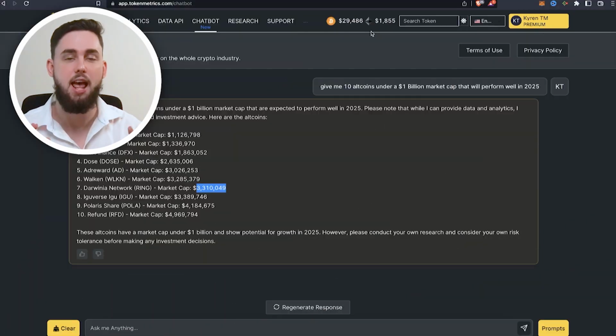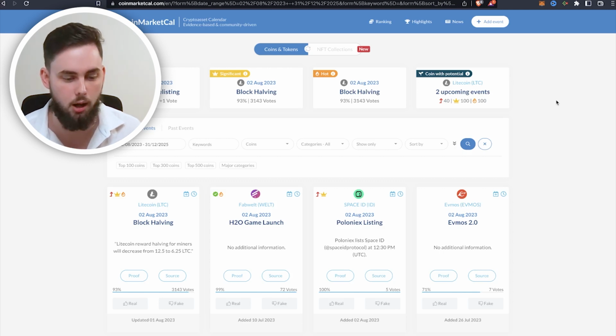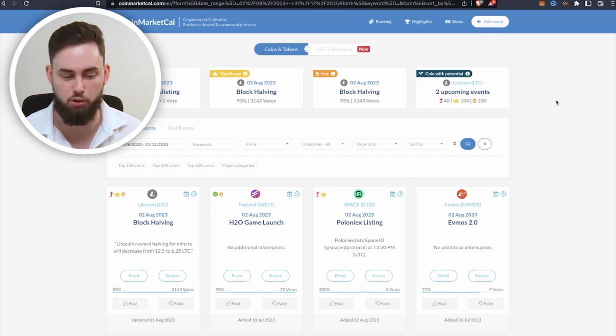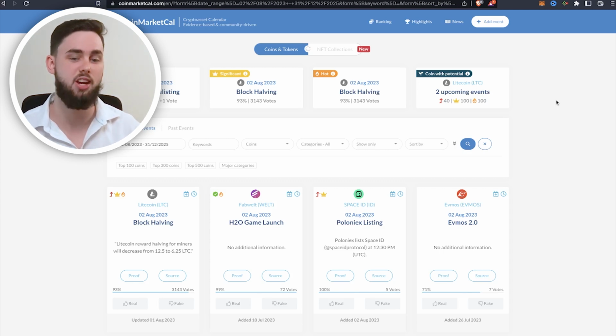Now, the next tool I really recommend you guys follow here is a website called CoinMarketCal. Just like CoinMarketCap, it's CoinMarketCal. I don't believe it is affiliated though. Essentially, this is kind of like leveraging a hive mind for important events that come up on some of these projects, okay? This is what I've been using now for quite a few years. And I must say, full disclosure, they won't have every single project's roadmap event coming up. But what it will do is help you leverage